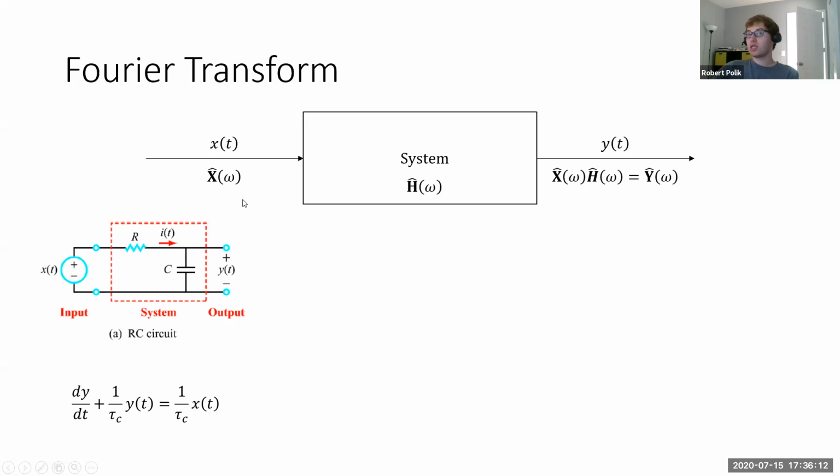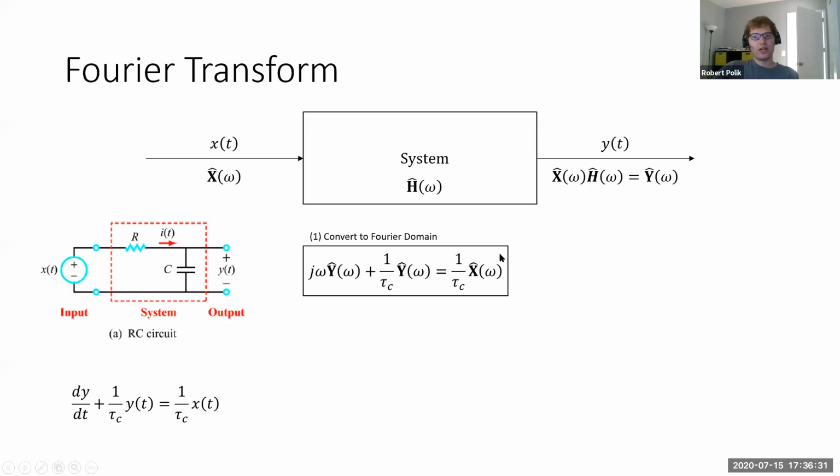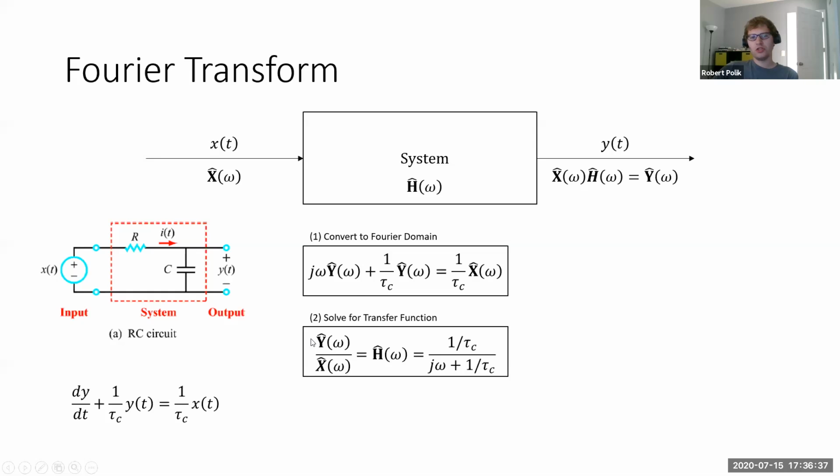And so an interesting property of Fourier transforms you'll see is X(omega) times H(omega) equals Y(omega). So it maintains that property of the Laplace transform. We're going to look at our Fourier transform table. We don't need to know how to take them. We're just going to look at our table. We're going to do the math. You might notice that this is starting to look a little familiar, and we're going to solve for H(omega). So Y over X equals H equals 1/tau_c over j omega.